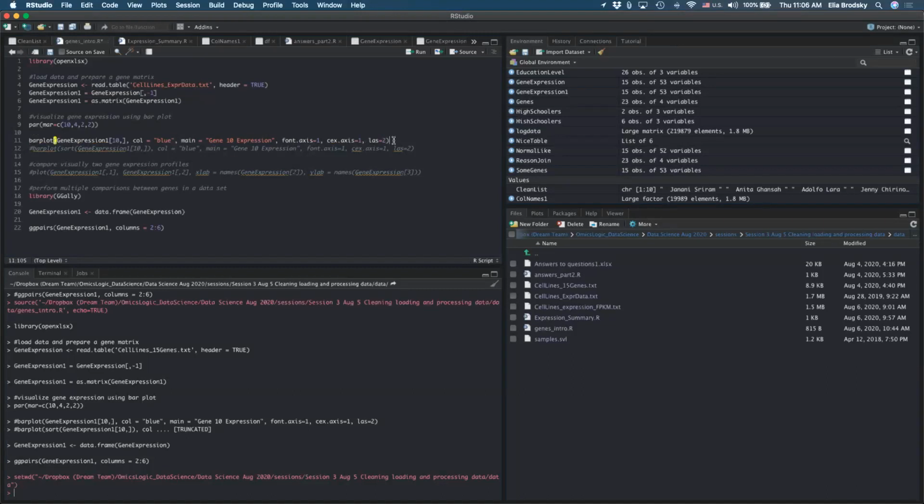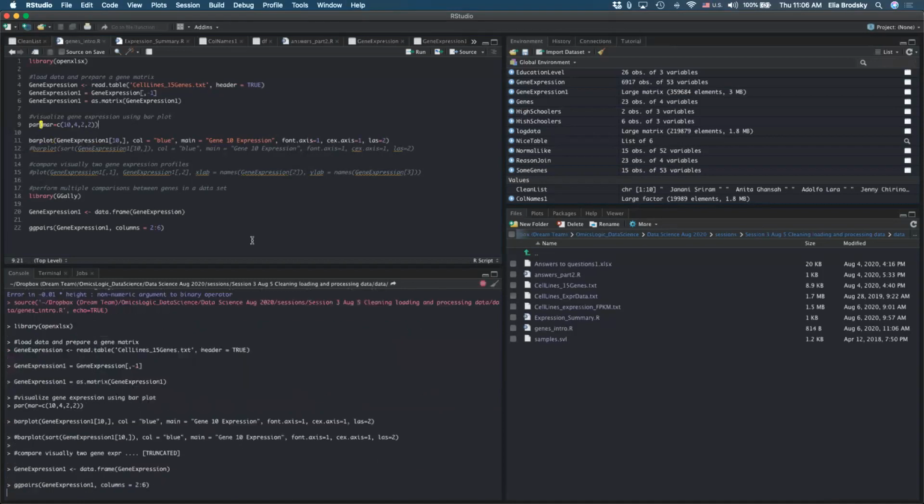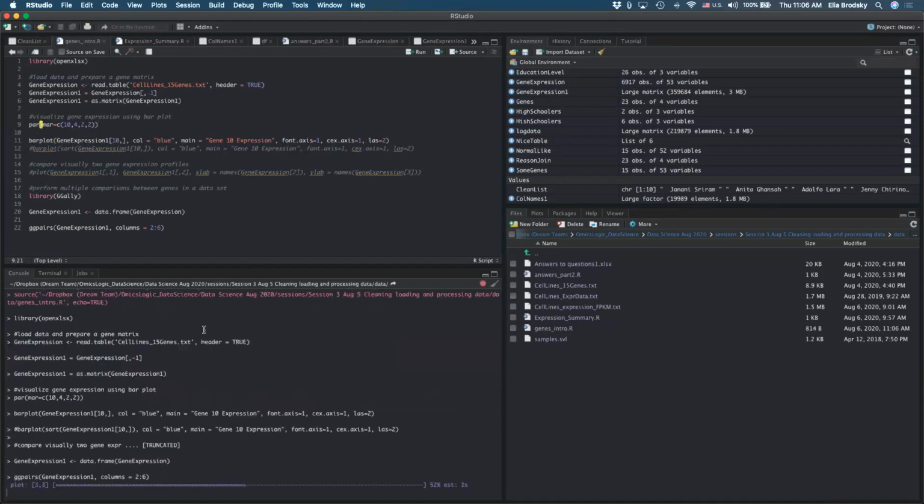To do that, I just run this. Oh, let me change it to 15 genes. Okay, so here, added all of that. Let's hide this for now.